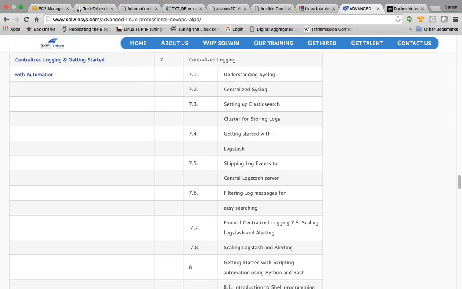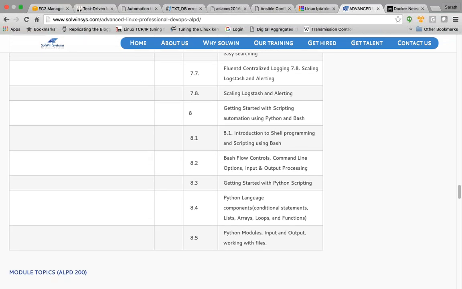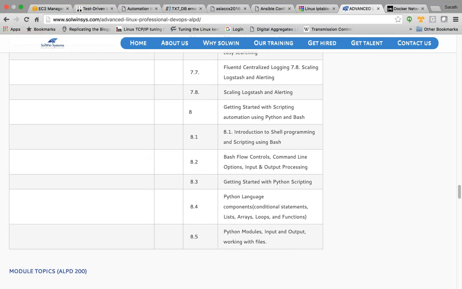Automation, when I say automation, we will learn about shell scripting, that is how to automate small tasks at hand using Bash itself. Bash is a shell programming language. Don't worry much about it right now, but for now, just keep the fact in mind. We'll be getting started with automating different things on a server using tools like Bash. We will also cover something called Python. Python again is a language which can be used to write and automate different scripts. You can, in fact, create a full-fledged application in Python, but we will not be covering that part as such. We will be covering how to write simple scripts and how to write, I must say, things that you cannot get done using a bash shell, using Python, of course.